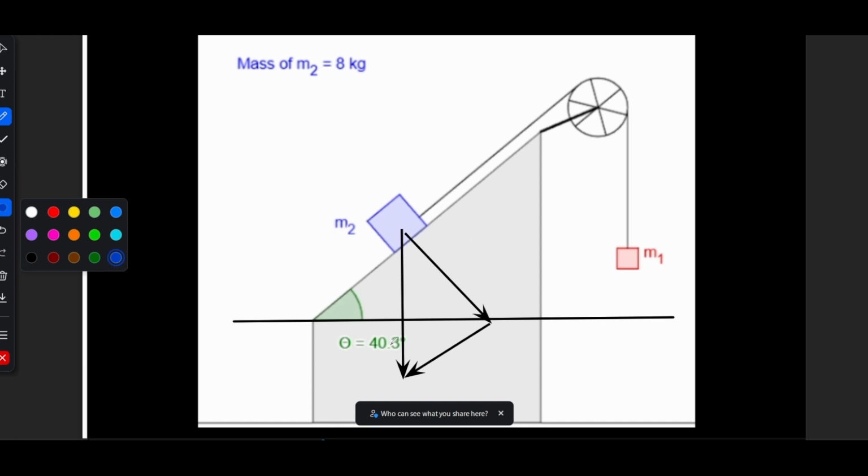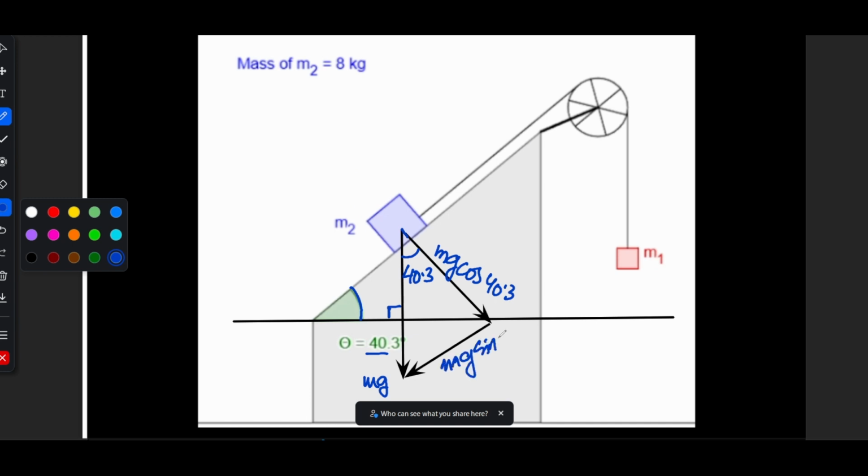So since this component is mg because of the Earth's gravity, and the angle which is 40.3, whatever angle this angle is, it will be exactly the same, and this is simply through the geometry of the triangle, right? So this is, let's say, 40.3. Now, we know from the vector components equation that this side will become mg cos of 40.3, and this will become